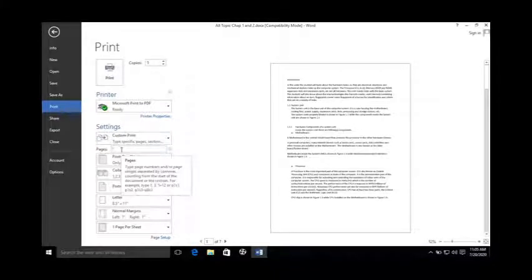It shows pages, means I can specify the range and I can specify the exact page numbers. For example, if I want to take the printout of page number 2, comma, page 5, comma, page 7, this will take the printout of only page number 2, 5 and 7.